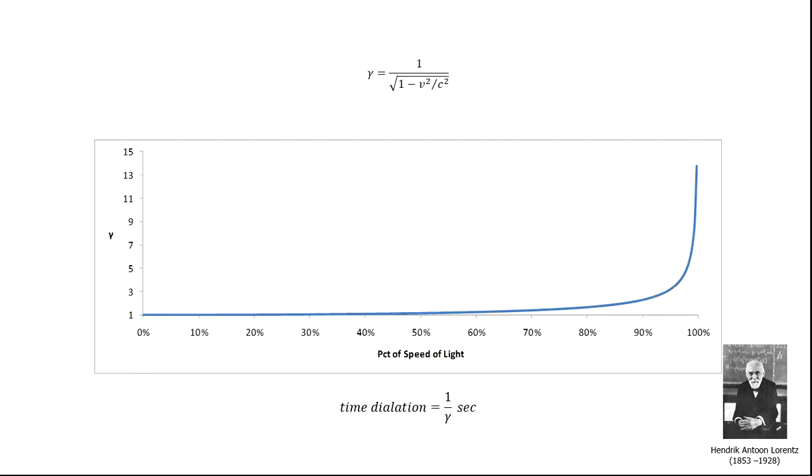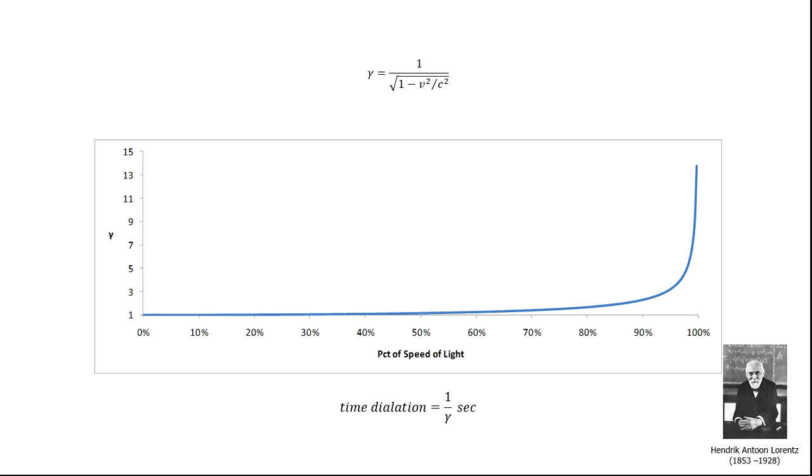Here's gamma plotted over a range of speeds. From the last slide, we showed that time dilation is 1 over gamma. At speeds up to half the speed of light, gamma is very close to 1. If you see someone moving past you at 100 kilometers per hour, their time will dilate, but at a very, very small factor. That's why Galilean transformations work at speeds below the speed of light. They're not exact, but at speeds below 10% the speed of light, they're only off by a very small amount.